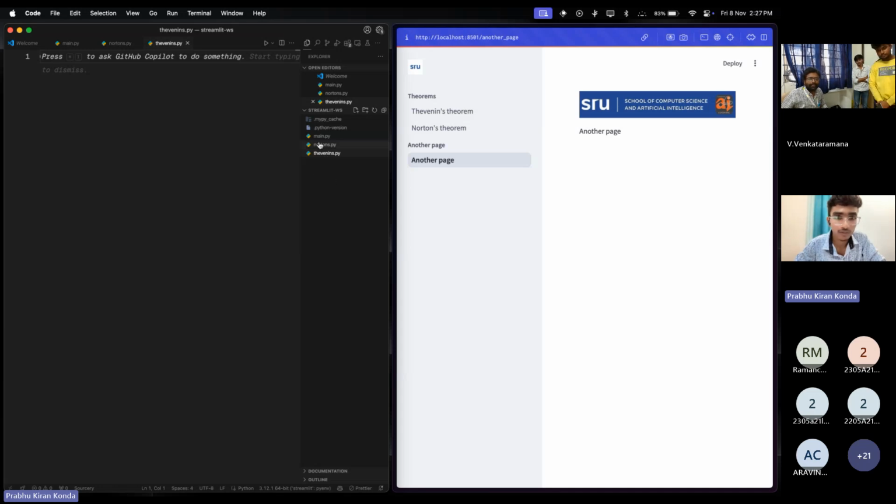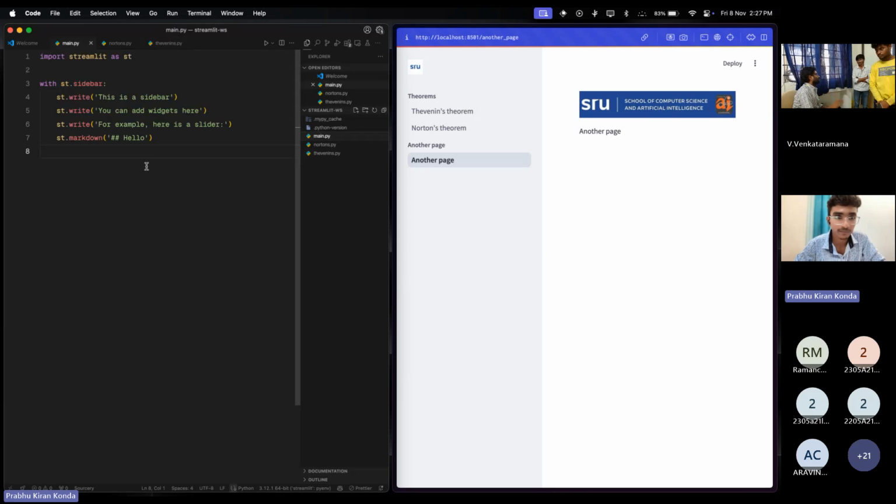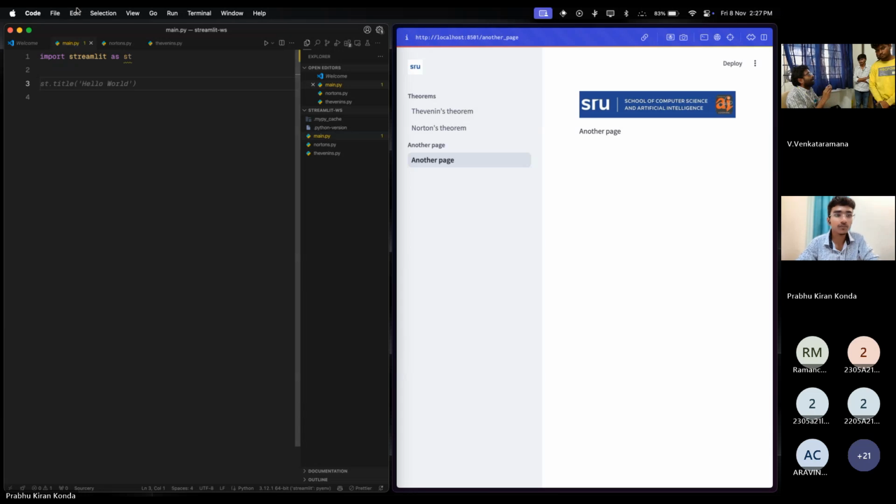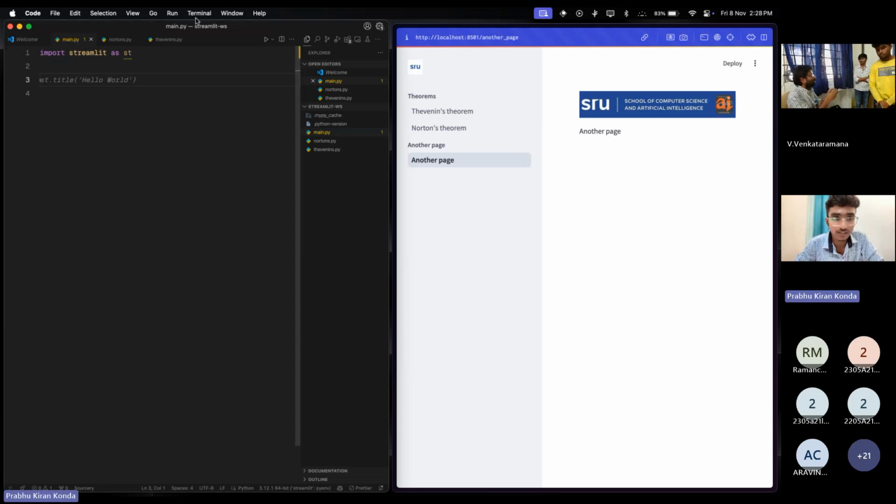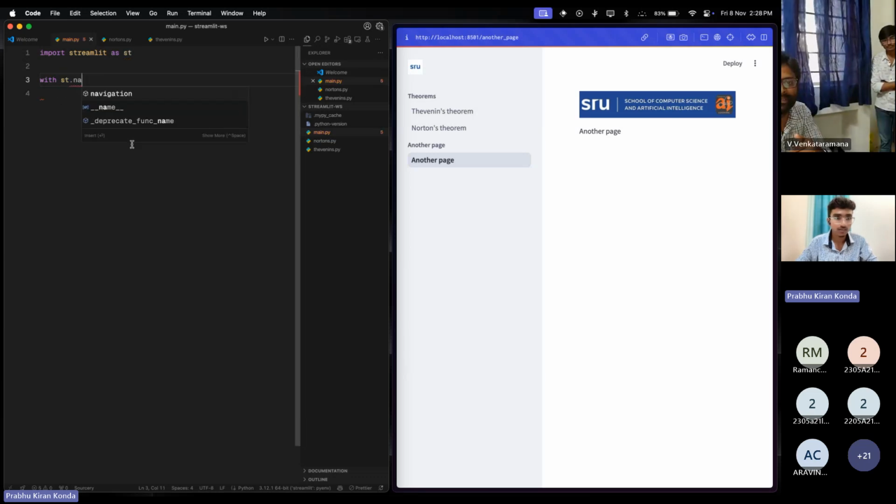Now you'll be wondering how I can integrate this with this. So Streamlit gives you a way to add pages. This is called navigation. So we will be importing navigation from Streamlit. So with st.navigation,